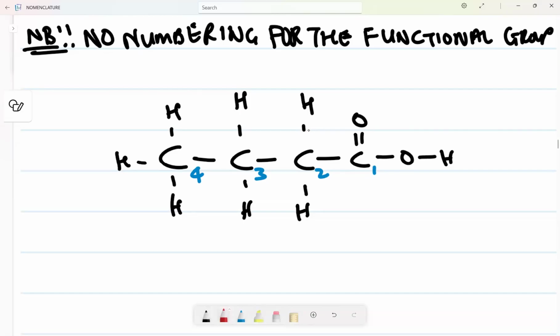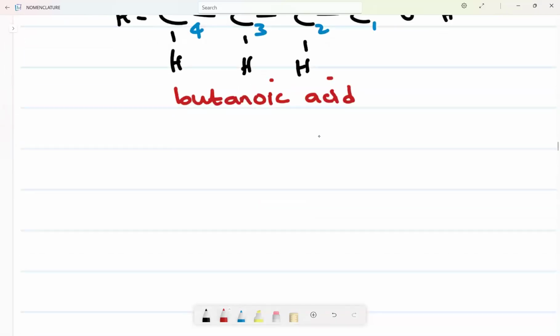The longest chain is but, so the name means it should be butan. Instead, I'll add oic acid. I'm done. Remember the suffix: I know the longest chain is butan, but it is oic acid. Done. Like that, nothing difficult. What if I have something like maybe